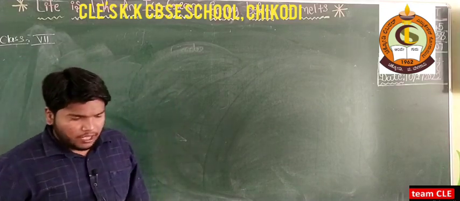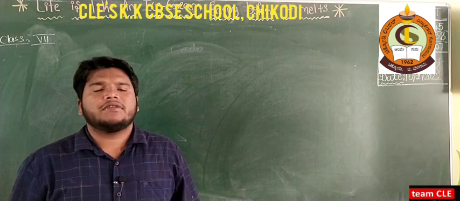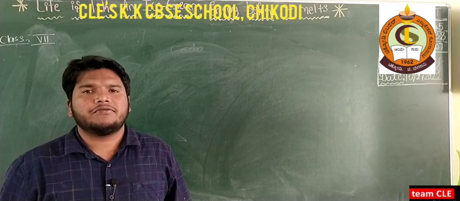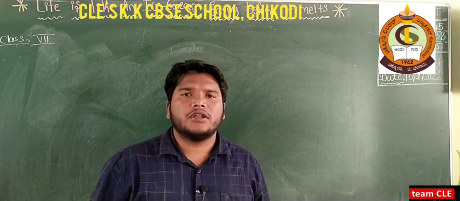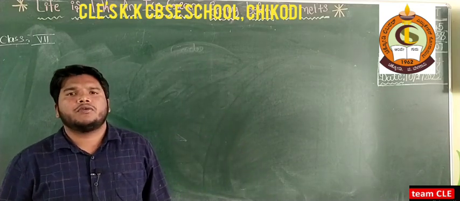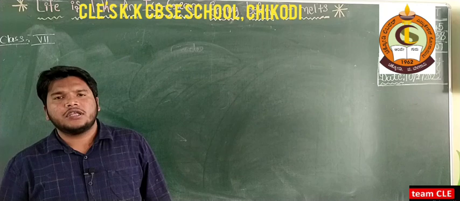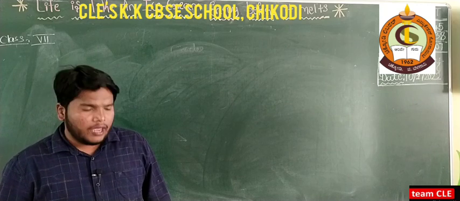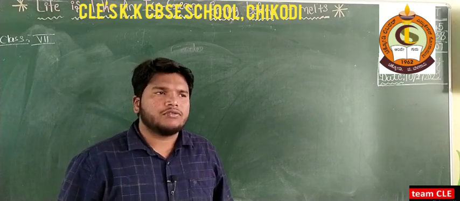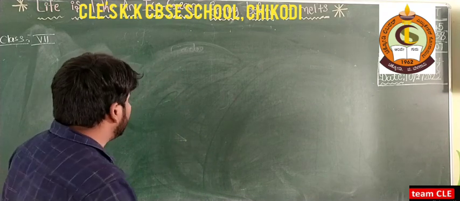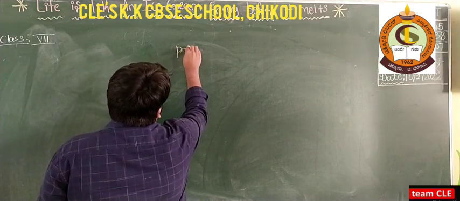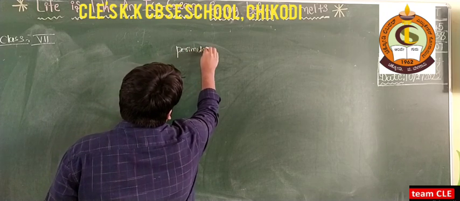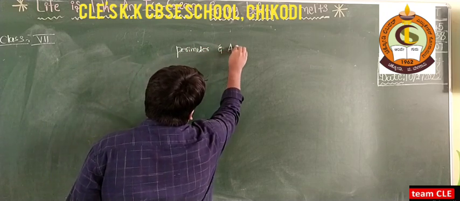In the last class we started the offline classes on construction. The first part we completed with exercise 12.1, and this will be continued in the offline class of exercise 12.2 with construction using compass and ruler. And in the online class you are going to study a new topic, perimeter and area.